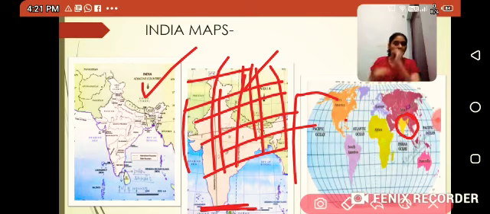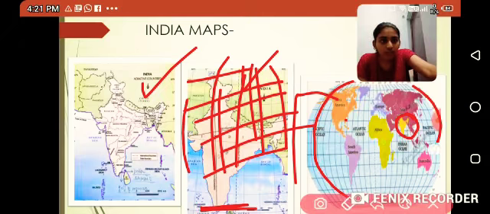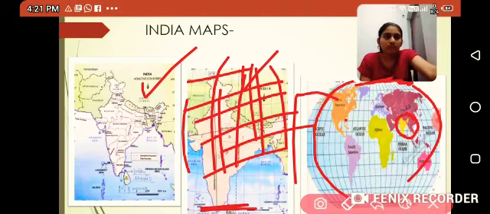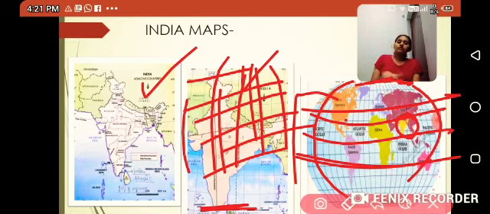These latitudes are parallel to each other and they are never going to meet, but these longitudes are not parallel, they meet at the poles. When I'm talking about these longitudes, they are meeting at the poles, whereas these latitudes are never meeting at any place or at any position. This 0 degree latitude divides the earth into two equal parts, and that is why, as the name suggests, this is the equator, which divides the earth into two equal parts, and this is where the direct sun rays come.